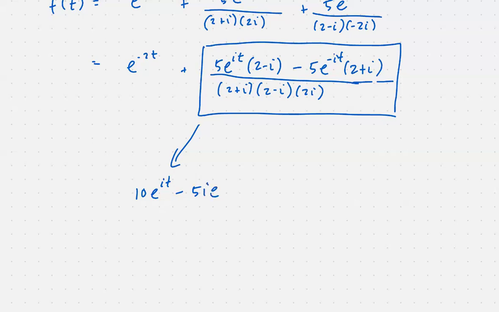Then what else? And I have minus 10e raised to negative it, minus, hold on. Okay, so we have negative 5 e raised to it times I, or e raised to negative it. So 5i e raised to negative it. In the denominator, we're going to have,